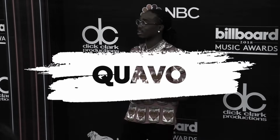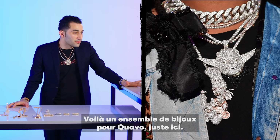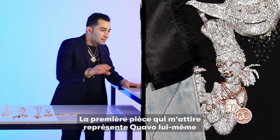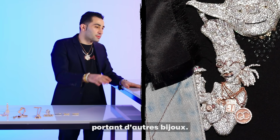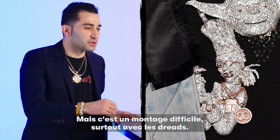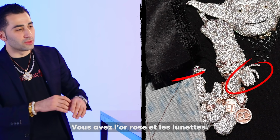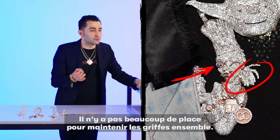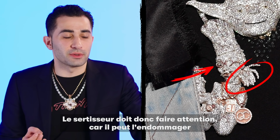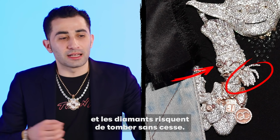Quavo. Alright, this is a whole jewelry set for Quavo right here. The first piece that attracts me is this Quavo piece that's actually in and of itself wearing other pieces. The setting could be a notch higher, but it's a tough setting to do, especially in the dreads. You got the rose gold and the eyeglasses. There's not a lot of room to hold the prongs together. So the setter has to be very, very careful because you could damage it and then diamonds are gonna fall